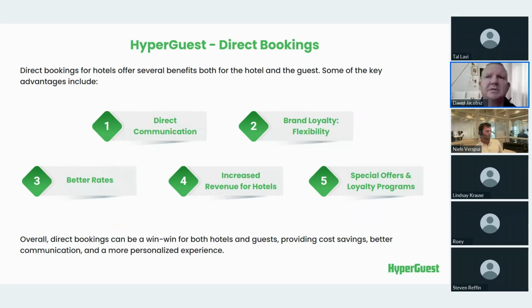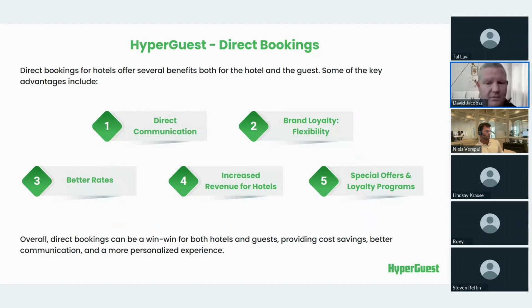Better rates. Okay, better rates doesn't mean the cheapest rate. Better rates mean better for you as well as for your guests. That is the better rates that you can pull. Remember, now with these better rates and direct bookings, you are excluding all those additional channels in between, all those additional costs that you need to include to pay for all those various distribution channels. You eliminate that. Therefore, you can offer better rates. And therefore, for the customer, they would see a better rate, not necessarily the cheapest, but the best rate. And that is also the best rate for you at property level.